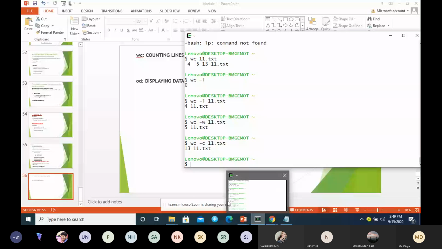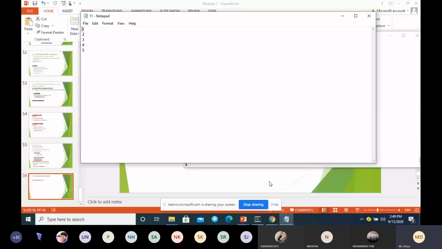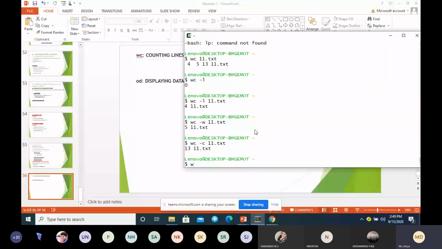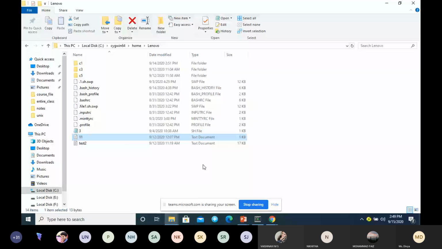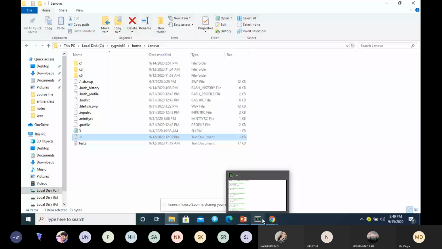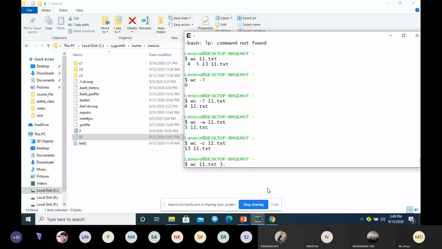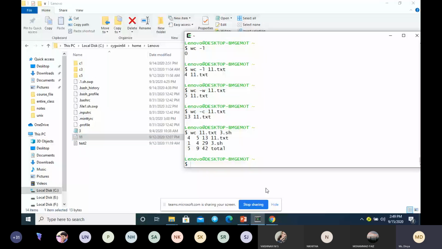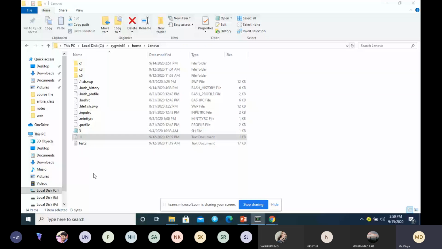Suppose I want to run this command for 2 files. I can give a number of files as input to the WC command. Here I am giving 2 files: one is a shell file with the extension .sh, and the other is a text file.